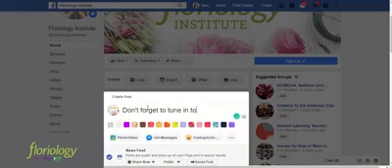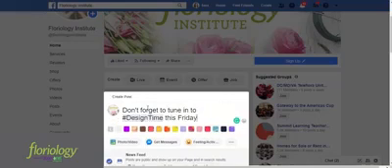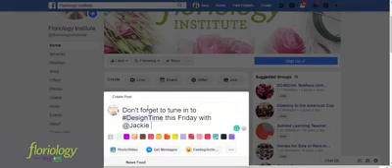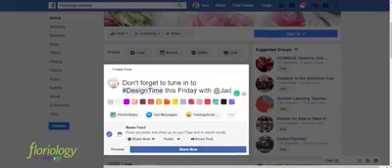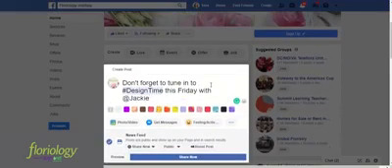So unlike tweets, just keep in mind Facebook posts aren't limited to 140 characters. They can be as long as a paragraph and illustrated with pictures and videos. But today we're just going to be posting a regular picture. And also, you want to keep in mind to keep your post caption short and concise to capture your viewers' attention. And so he's going over, it says, don't forget to tune into design time, hashtag design time, this